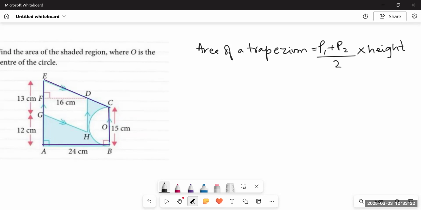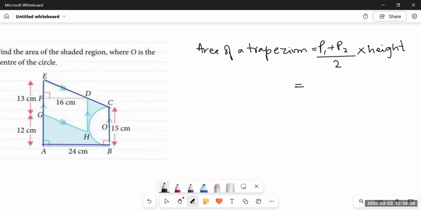Since it's a trapezium, if we find the area of the trapezium, we will get the area of the whole figure. But we don't need the areas of the two shapes inside this shape, which are a parallelogram and a semicircle. So next, what are we going to do? We will find their areas too, and then subtract them from the area of the trapezium so that the area remaining would be the area of the shaded region. That's what we have to find in this question. So let's start with the area of the trapezium.